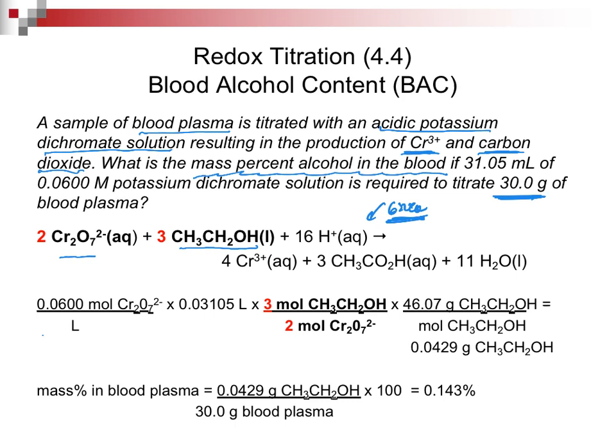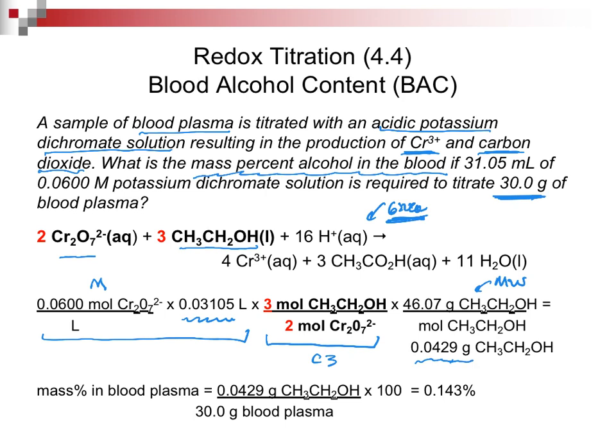You can do this problem. Here is our molarity of the dichromate solution, accurately known. Here is the amount that it took to titrate. This is the stoichiometric ratio that we've been pushing since chapter 3. So you don't even have to know the chemistry. You just need to know those stoichiometric ratios. And then the last part is the molecular weight of the ethanol. It turns out to be